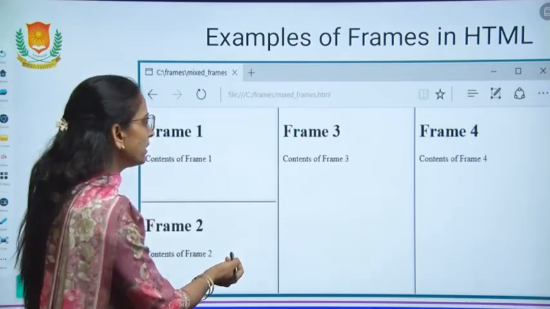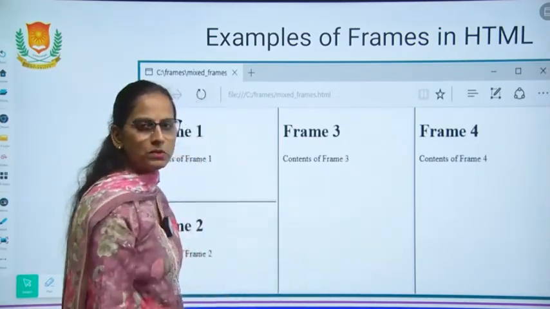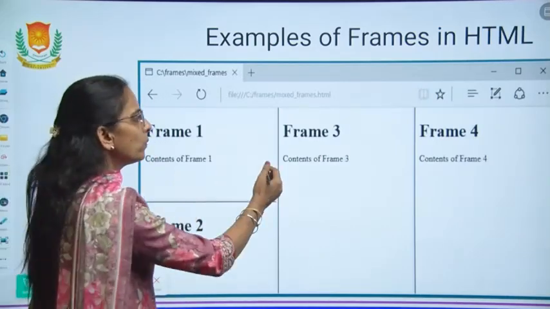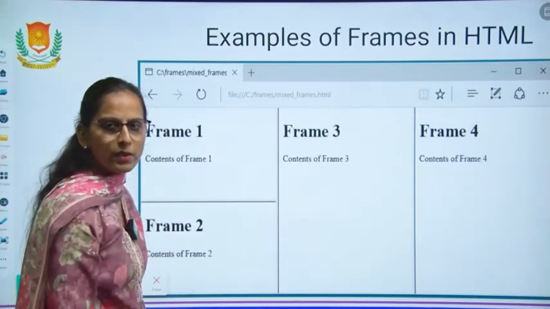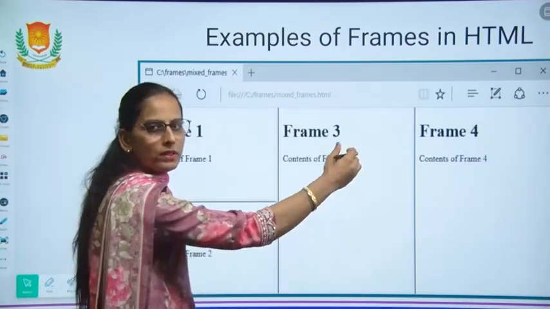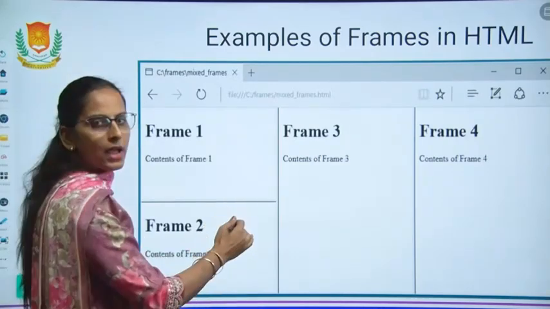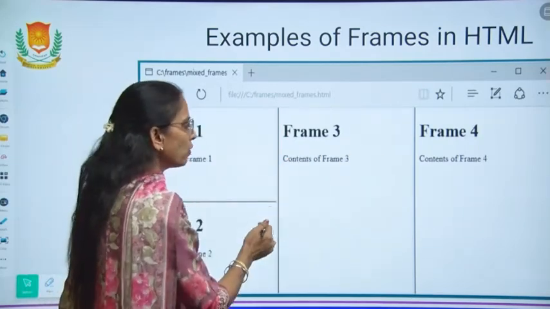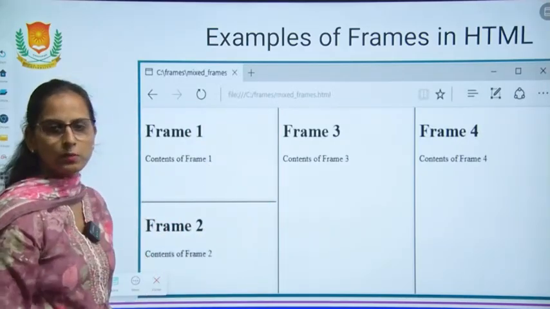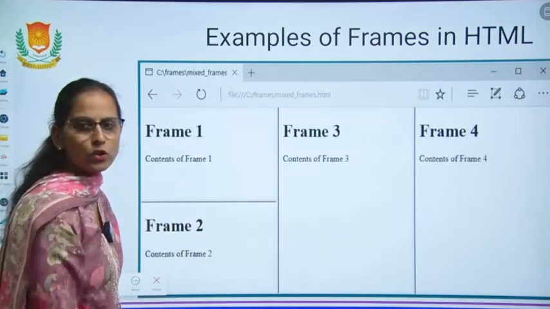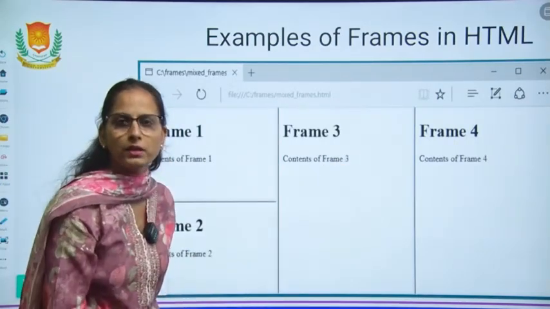This is another where we have divided our document into three columns. We have taken three columns like 40-40 and 60, you can say, or 45-45, and then another one can be of the rest part. After dividing into three columns, the first column is divided into two horizontal blocks, 50-50% of two blocks. So here four documents can be opened at a time.